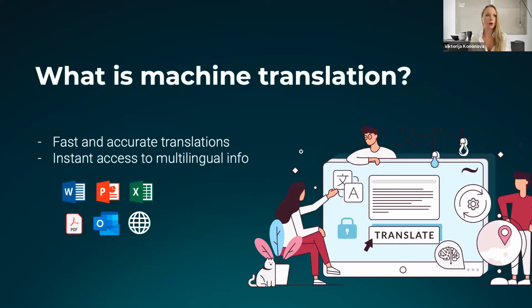Now, probably a lot of you don't know what machine translation is. To put it in simple words, it is a machine, essentially, that is doing a human's job. It's an artificial intellect that is being trained and taught just like a human would be, to be able to translate documents, text, websites, or even speech with a click of a button, so almost instantly. Essentially digitalizing everything and replacing, to some extent, a human.